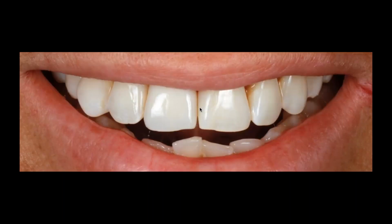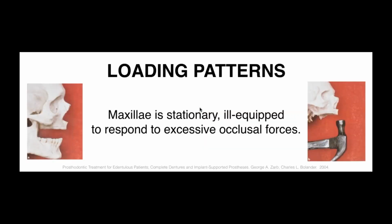So this, I think it's important today. We're talking about implants. These are alternatives because we have a certain group of our patients that are not ideal candidates, at least at this time, for the implant restorative solutions. Okay, and now it's raining very heavy here, but I would like to just finish with some concepts of dynamic